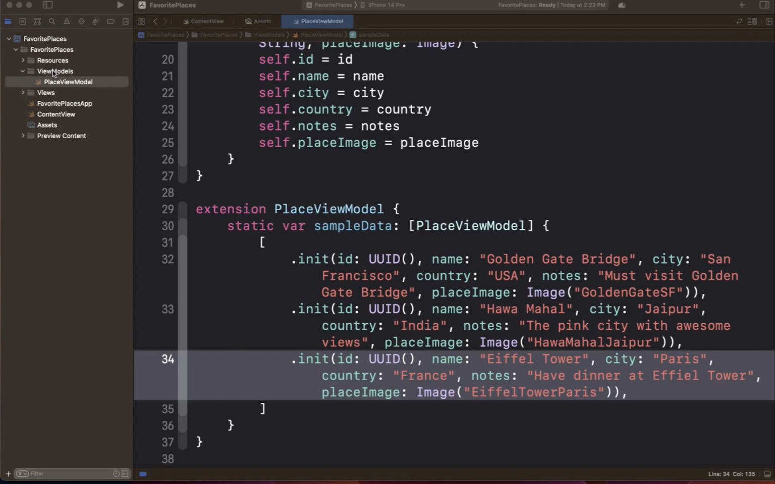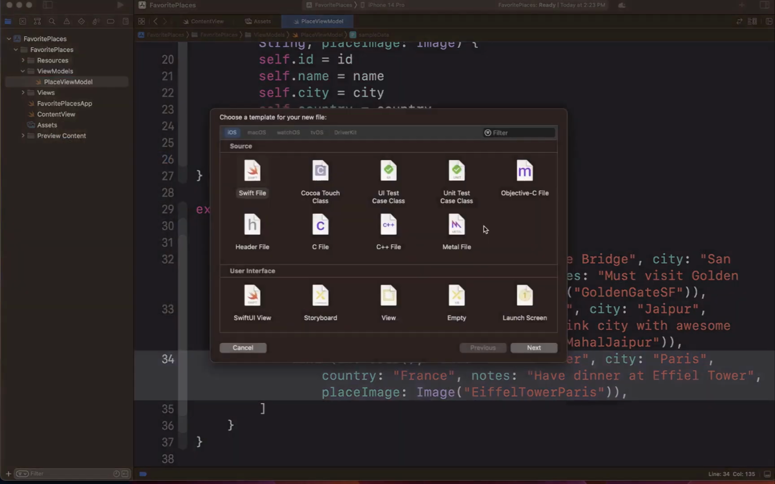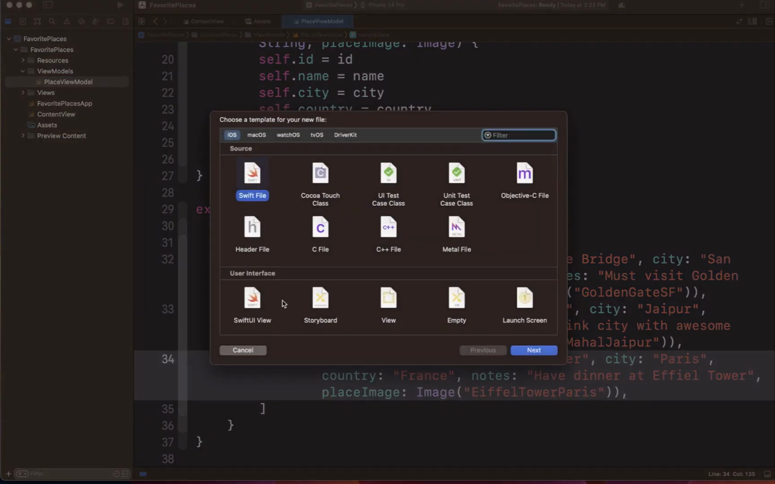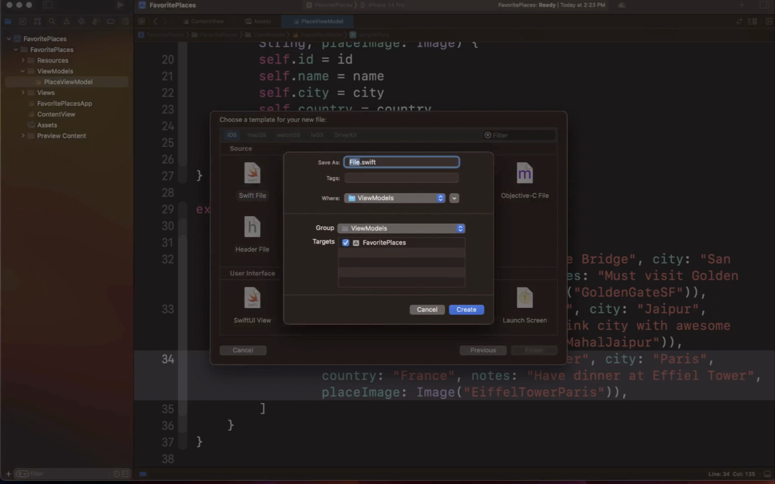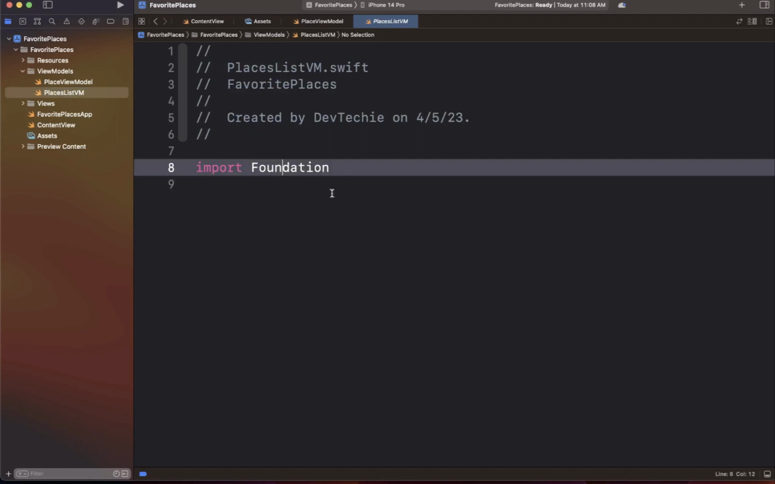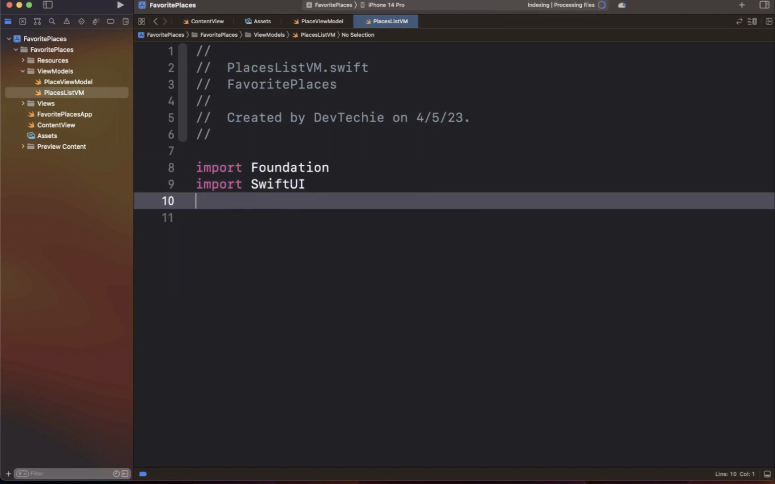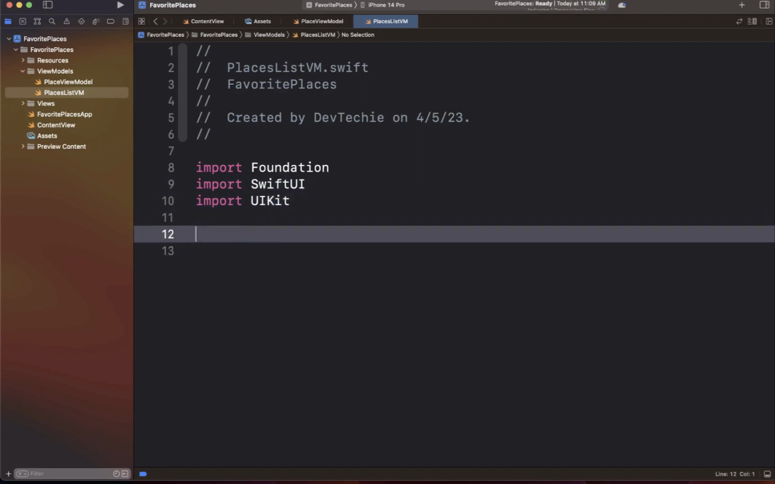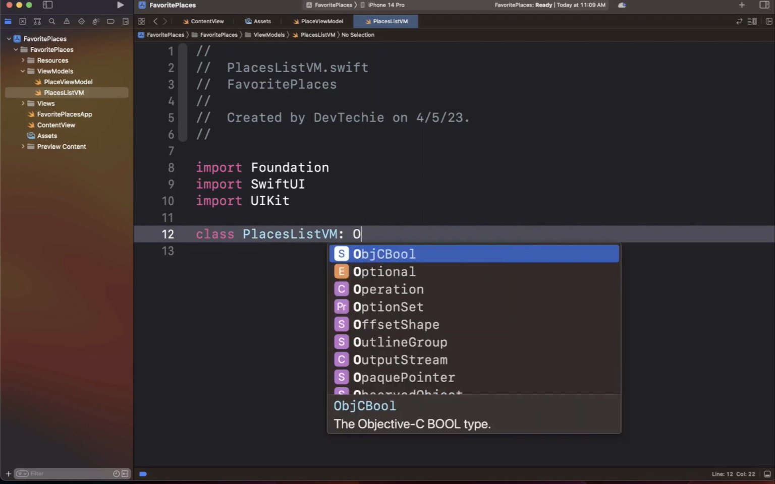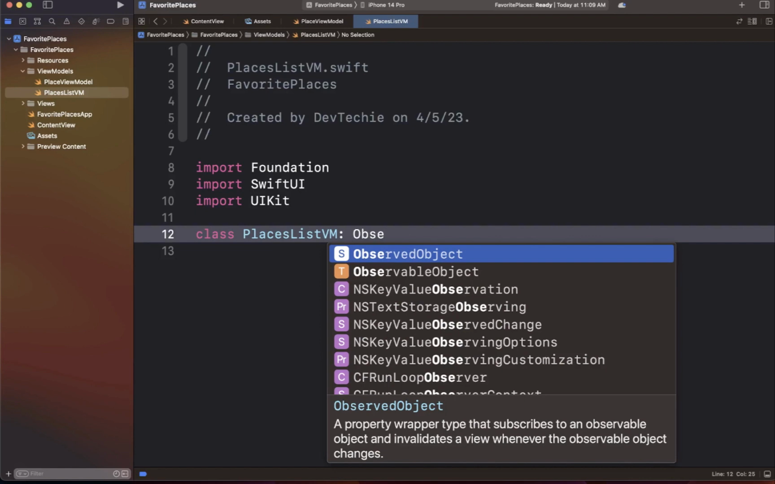Okay, so let's go ahead and create a new file, and we're going to select a Swift file template, and we're going to name this places list view model. Okay, import Foundation is good. We're also going to import SwiftUI, and let's go ahead and import UIKit as well. Okay, we're going to create a class called PlacesListViewModel, and this is once again going to conform to the ObservableObject